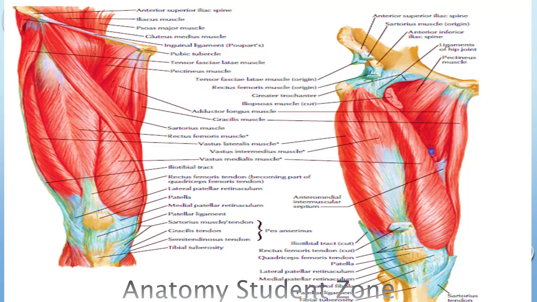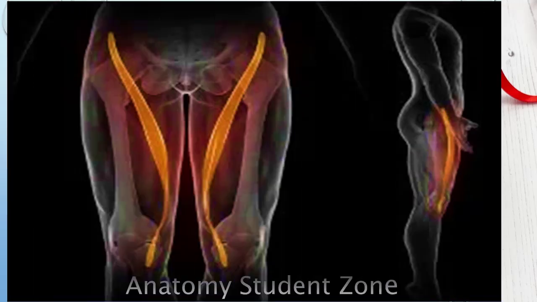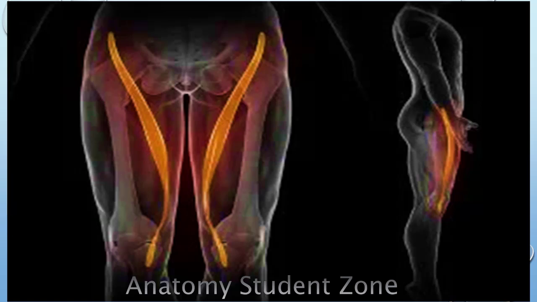Remember, sartorius is just like a parallel sided ribbon. Why it is just like a parallel sided ribbon? Because the direction of fiber in this muscle are parallel, and these fiber are going to extend for the whole length of this muscle. After this parallel fiber of sartorius arises, they swing obliquely across the thigh. So remember, sartorius is the longest muscle of your body. In our body, there are a lot of skeletal muscle, and sartorius is the longest muscle among those muscles.